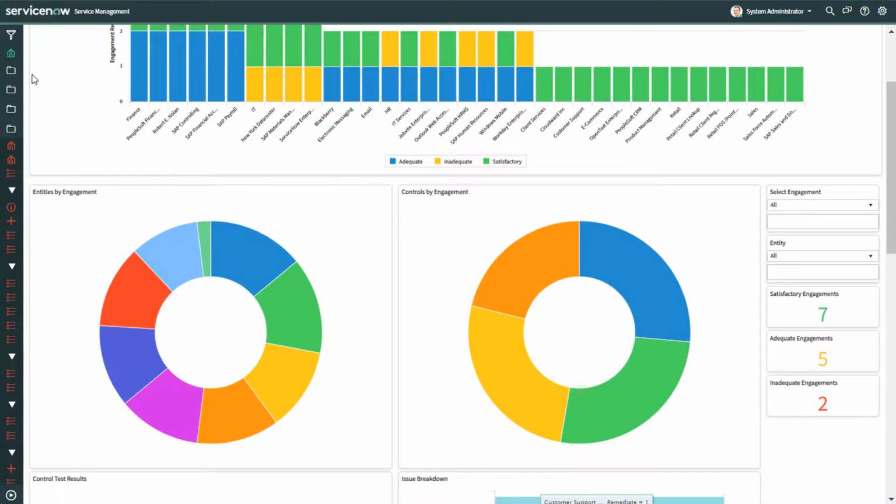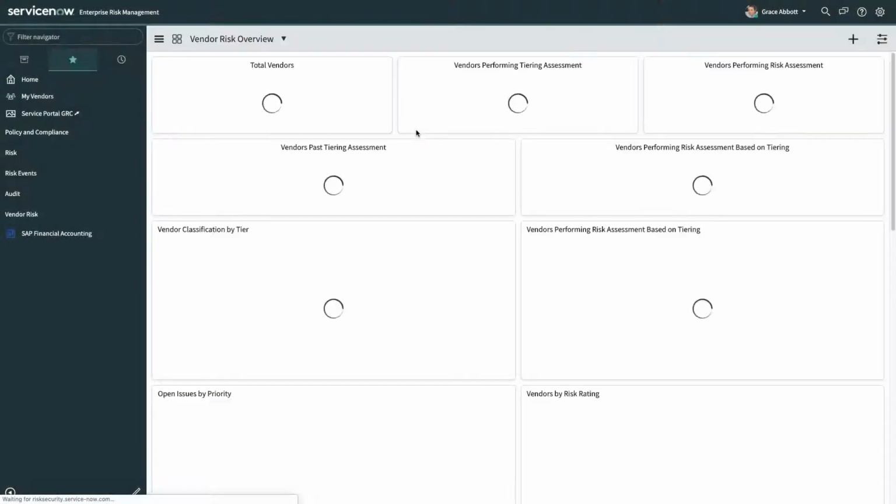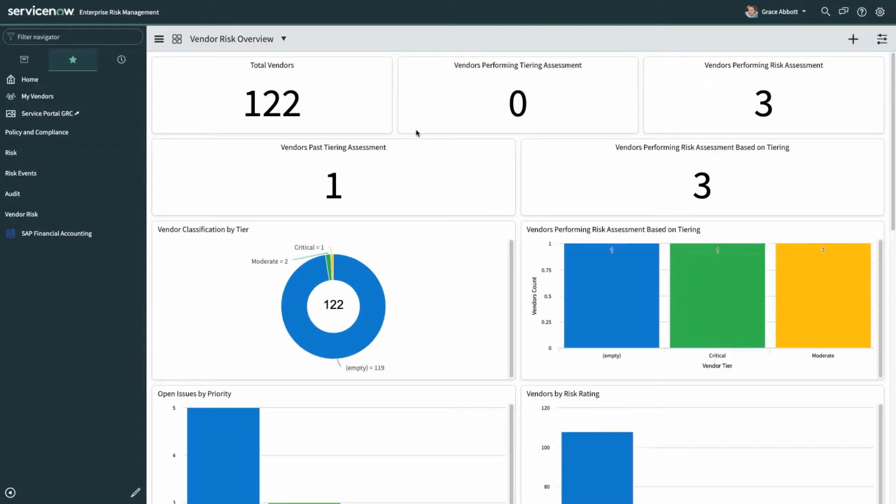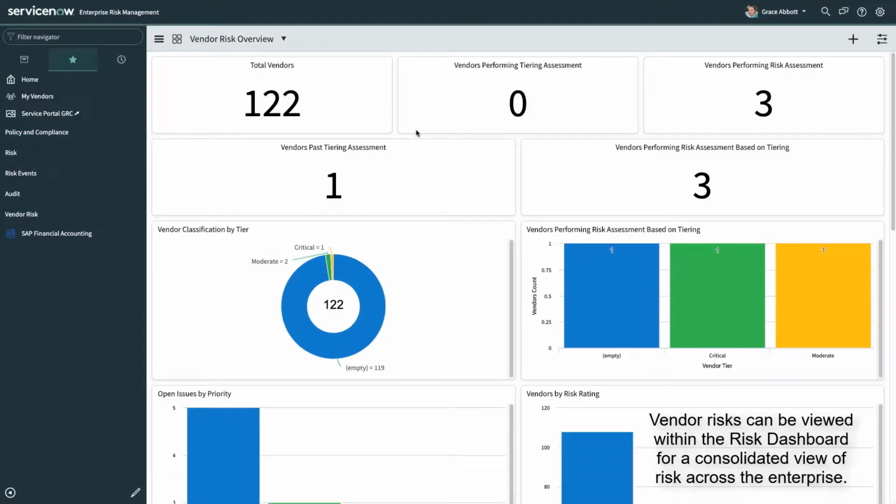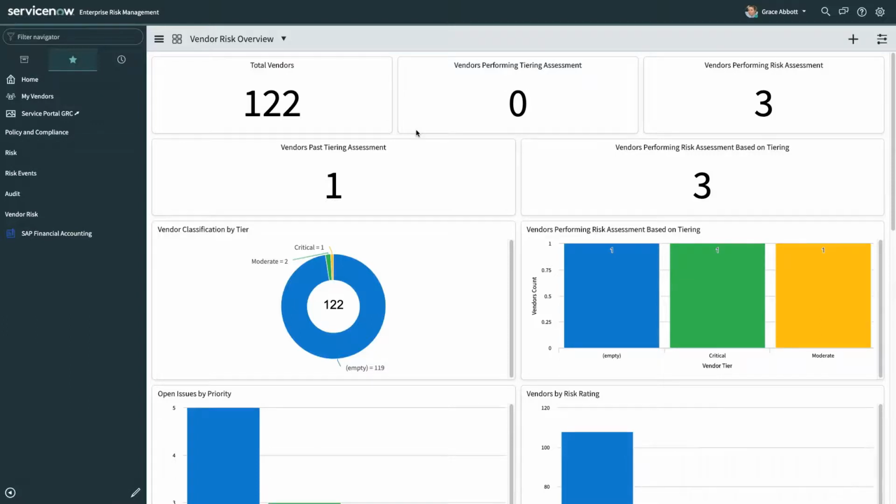Finally, the last thing that I'll talk about is to just give you a quick overview from a third-party risk or a vendor risk perspective. As we look at this vendor dashboard, our vendor manager has the ability to see what that portfolio is. We can do our risk tiering assessments to understand the criticality of a particular vendor and put them in the proper tier,